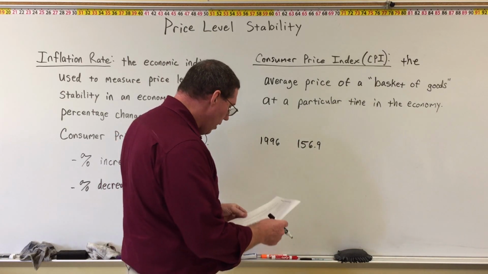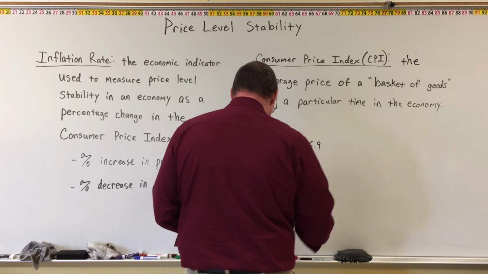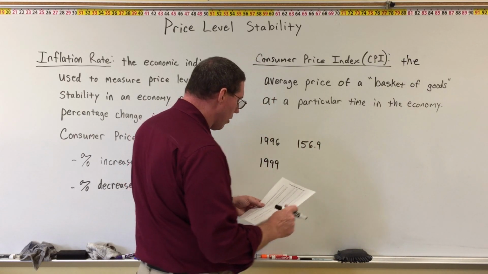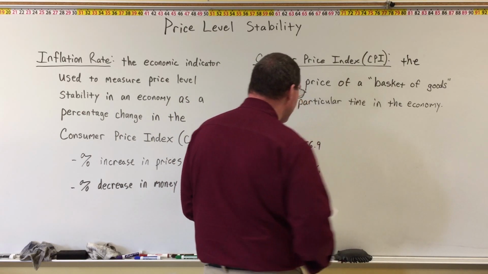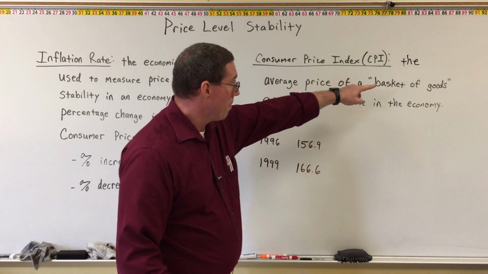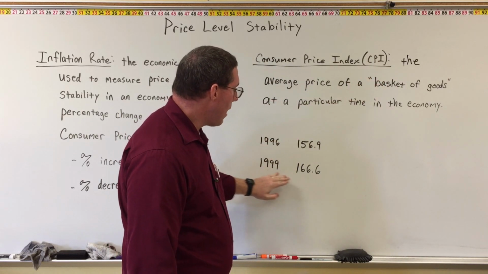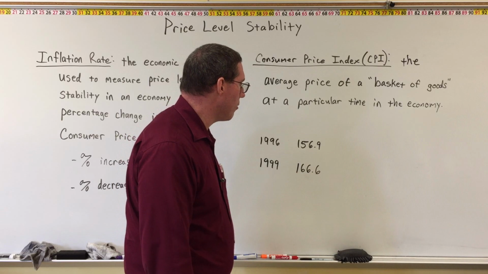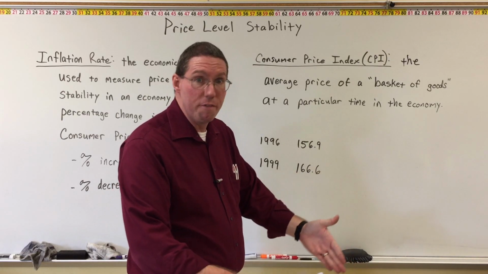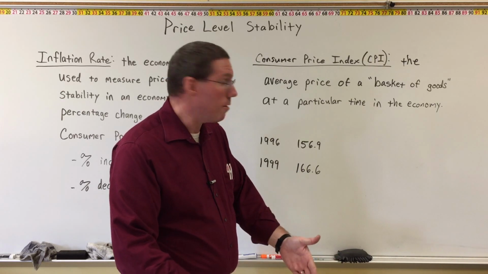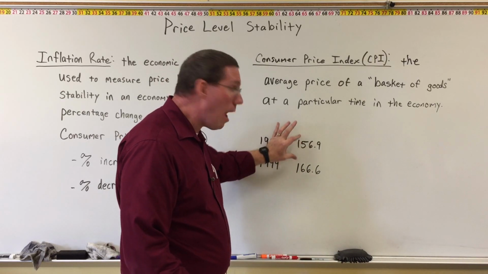But now, if we look at, let's say, 1999, the CPI is 166.6. And so now that same basket of goods, 3 years later, now costs $166.60. So you can see that same pile of stuff in the United States has gone up by about $10